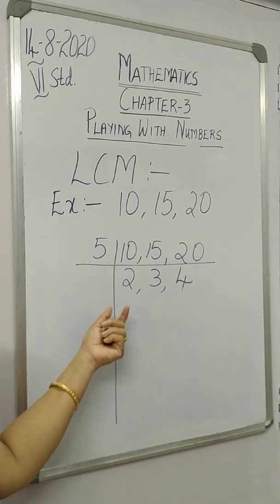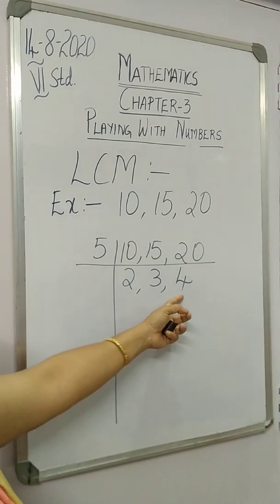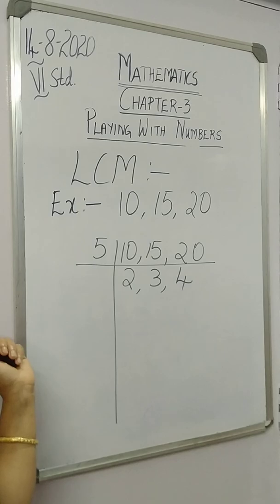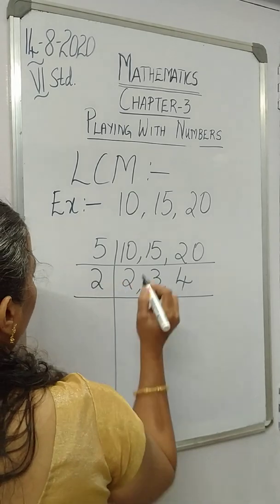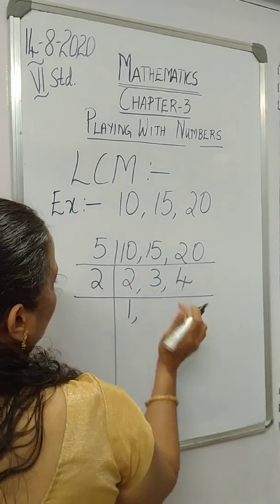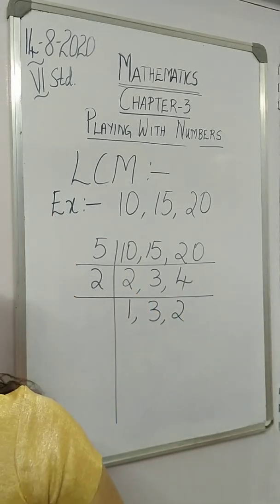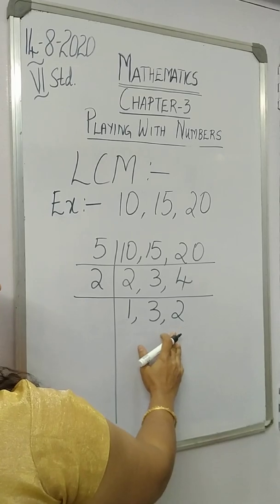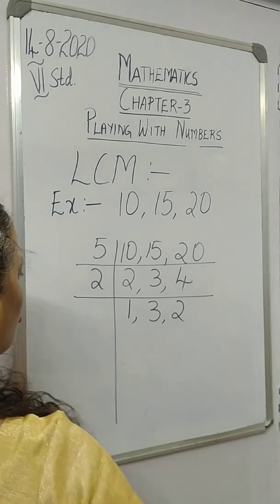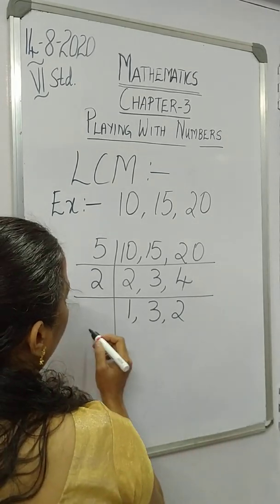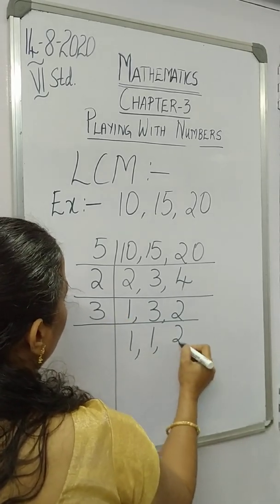But when we have to find the LCM, when you have 3 numbers here, you should see that no number is divisible by any common number. But here we have got 2 and 4. So we'll have to continue. So we'll use 2 here. 2 ones are 2. 3 we cannot divide. So write as it is. Now write 2 2s is 4. Now if you want you can stop because no number other than 1 can be divided by 1, 3 and 2. So we can stop, or if you want you can move till you get 1 everywhere. Now 3, 1, 1 here, again 2 here.